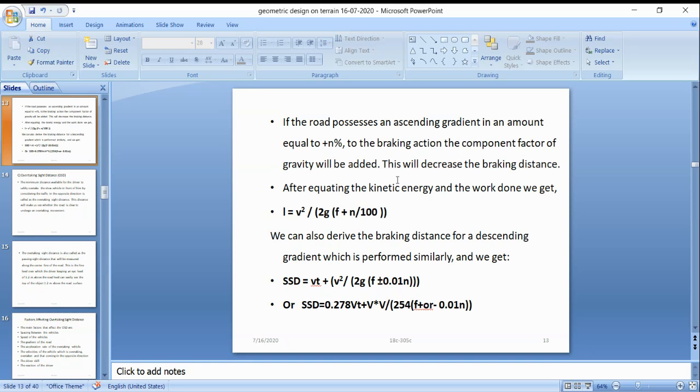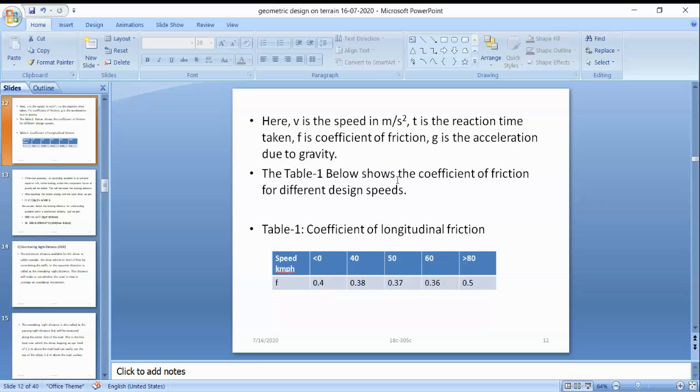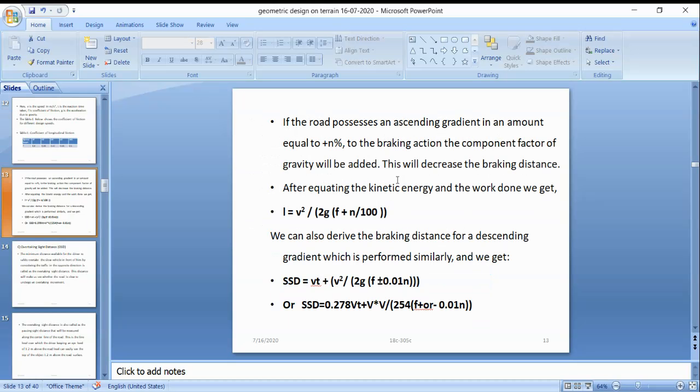If the road has an ascending gradient, the percentage of the gradient is going to increase the braking action. So the component of gravity will be added. This will decrease the braking distance, after equating the kinetic energy and the work done. So that is the formula: vt plus v square by 2g